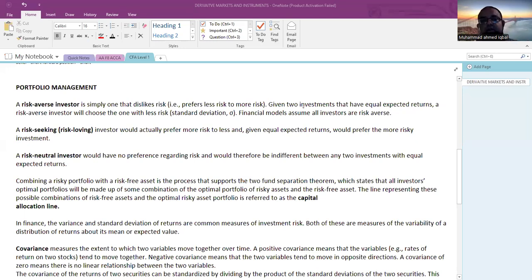Hi guys, today we are going to discuss portfolio management, how it works in investment banking and how it relates to your CFA Level 1 curriculum, what is covered in the curriculum for you guys in Level 1. So basically I can give you a brief idea first to begin that there are certain asset classes which you may be familiar with, like stocks, bonds, commodities, real estate, and US treasuries, and some reserves like cash and bank,